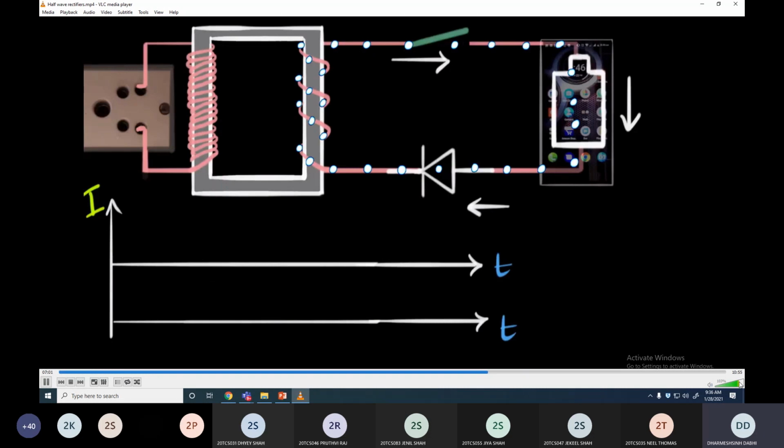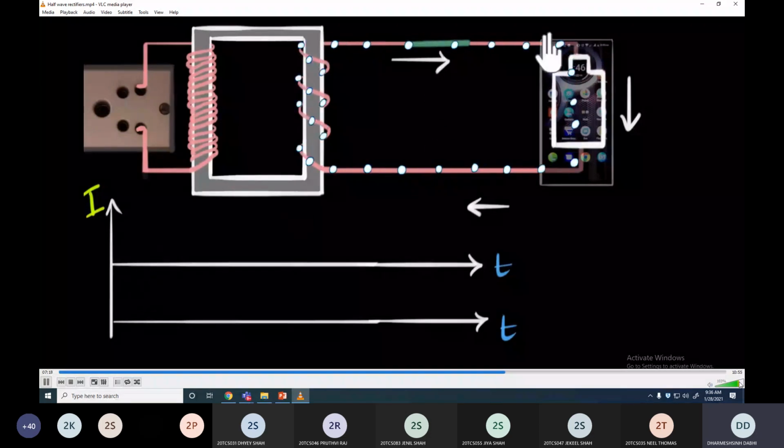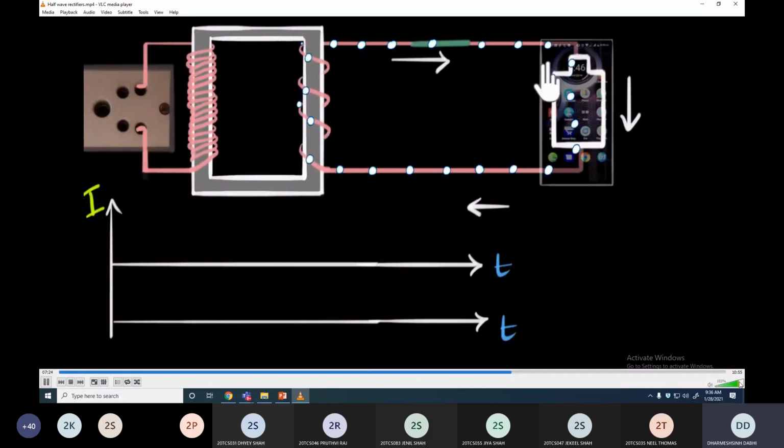Let's get rid of the diode for a while, and let's see what the graph would look like if we had just closed the circuit over here. So let's just go ahead and close that switch. We've already seen the charges will flow in both ways. Once it flows clockwise, and then it flows anti-clockwise. So what will the graph look like? Well, it's a graph of an alternating current. We'll call clockwise as positive, and let's call the anti-clockwise current as negative.